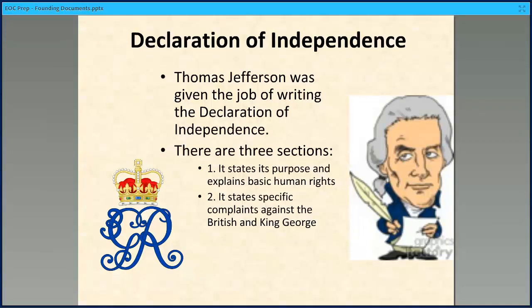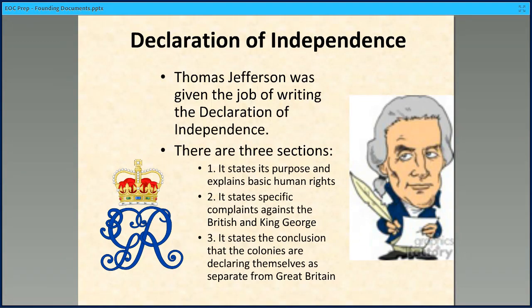In the second part, that's where it starts laying out specific complaints against the British in general and King George specifically. So it's talking about big problems that the United States has had with the British and with King George. So it's kind of setting the stage for the last part,